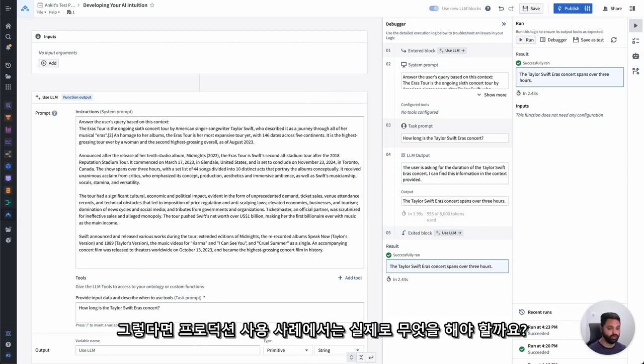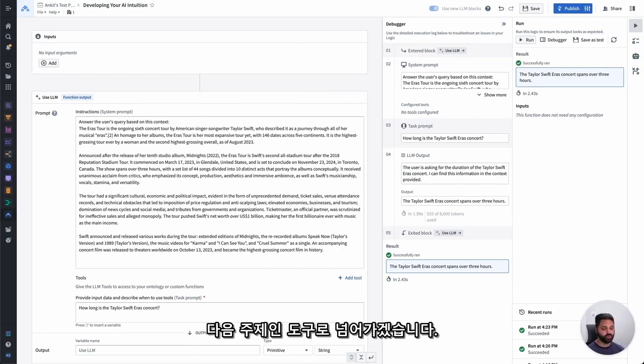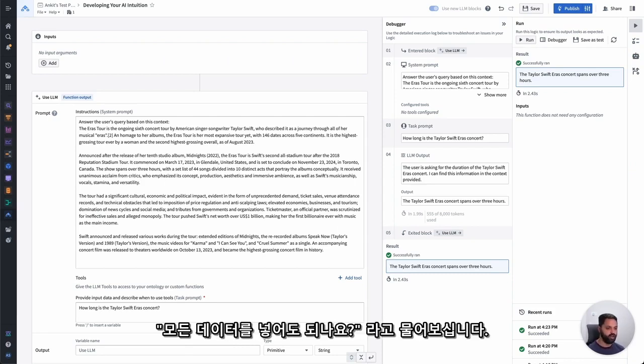So what do we actually do for a production use case? That takes us to our next topic of tools. Now, before I get into that, a common question that I get around this point is, okay, great. If it seems to get the right answer if I give it the right context, can I just put all of my information in here and all of my data in? And the answer is no for a